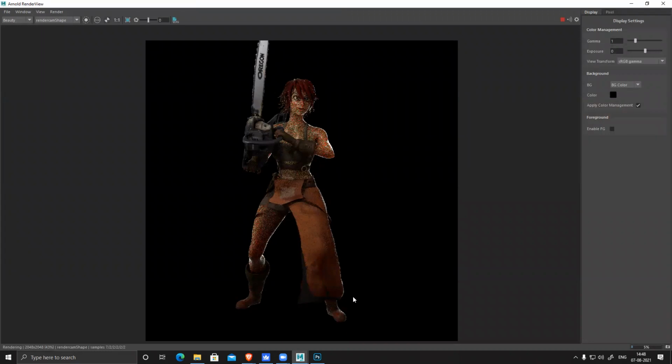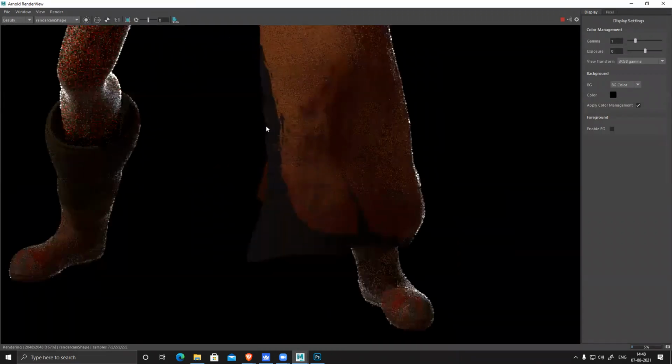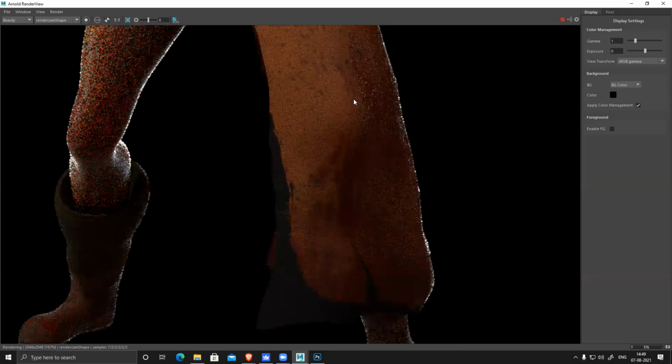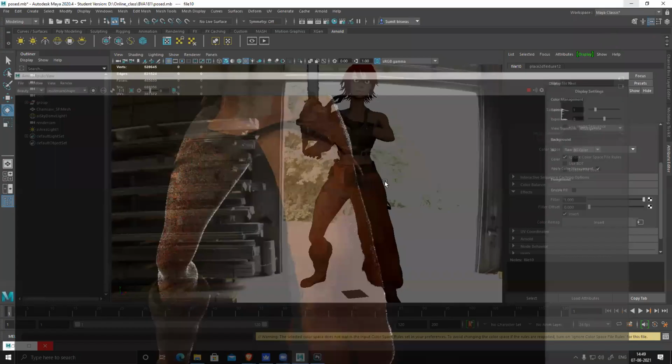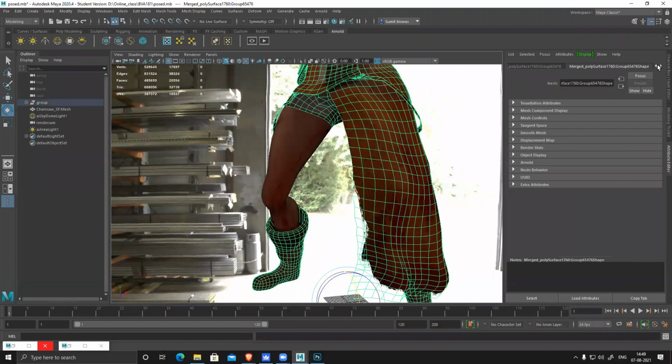Still, I'm having the same issue here. Why is this not transparent? Wait, I guess I have to check this. As of now, I'll just disconnect. We'll check it. This is something I'm not sure about.